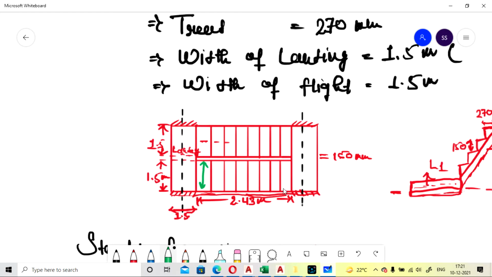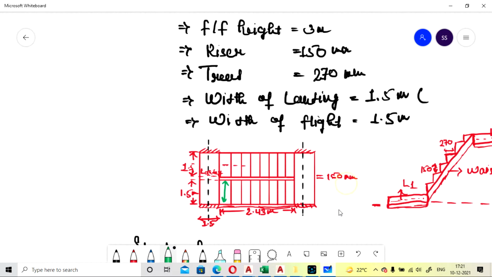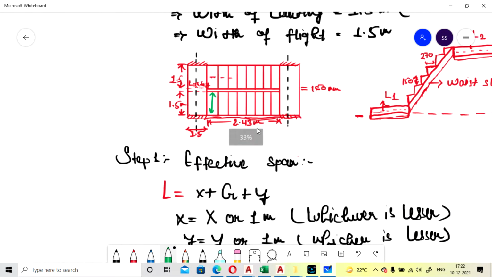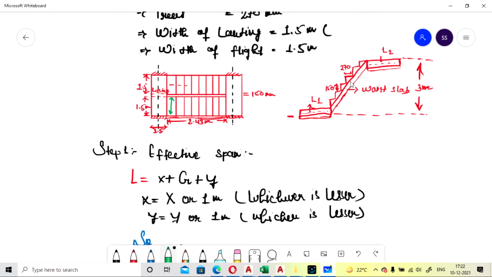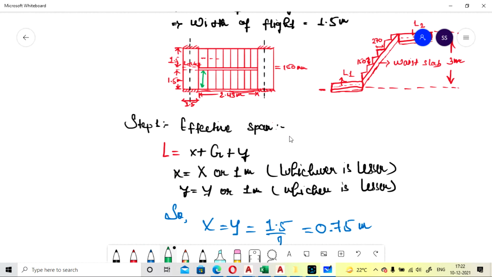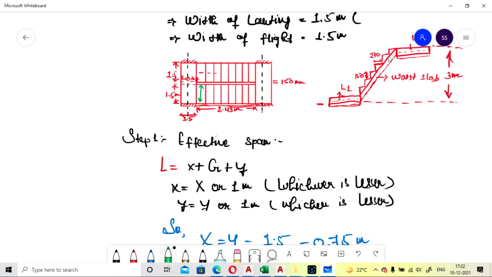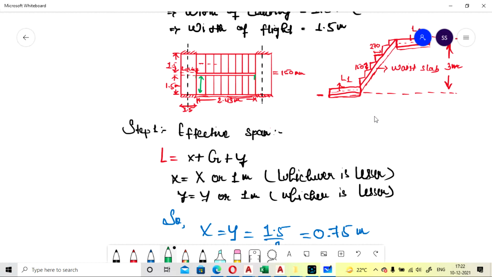So now all the initial design values we have taken. Now we are going for the calculation for the design of the base slab first, and after that we will calculate for the design of the landing. For the design of the base slab, this will be your base slab. If you see the plan, from here to here, this will be your base slab. This was shown in your elevation. Now we are going to design the elevation.